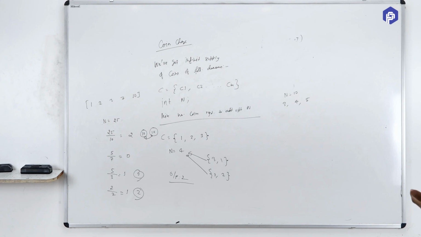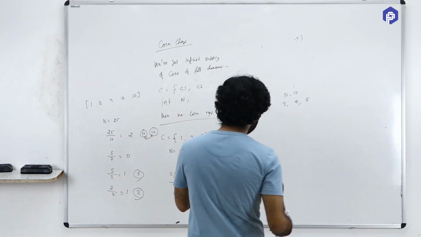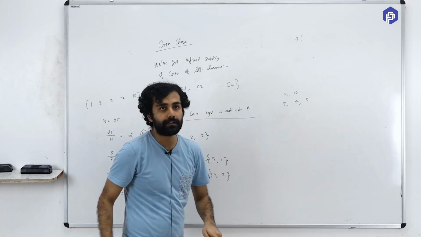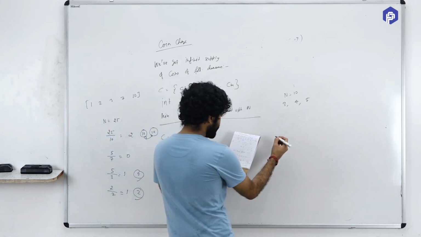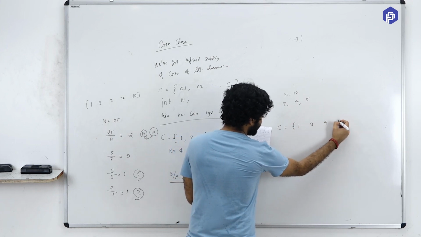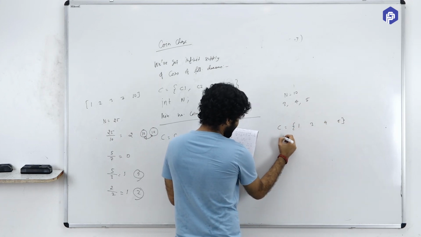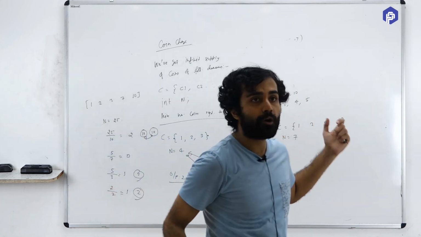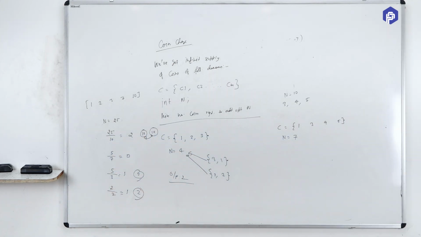That is your optimal answer, and that is the answer according to the greedy approach also, right? Okay, let me give you an example. Let's say the denominations are 1, 3, 4 and 5, and n is equal to 7. Use your greedy approach and see how many coins you require.